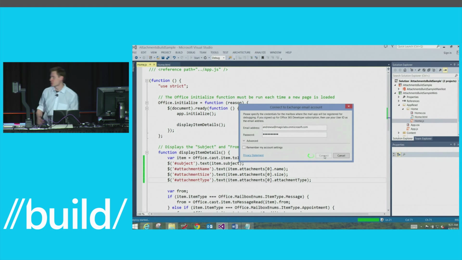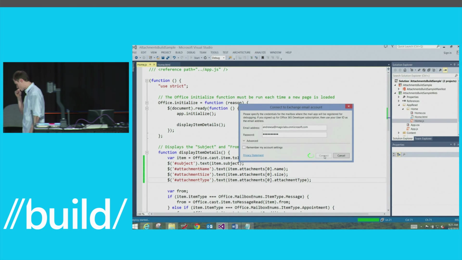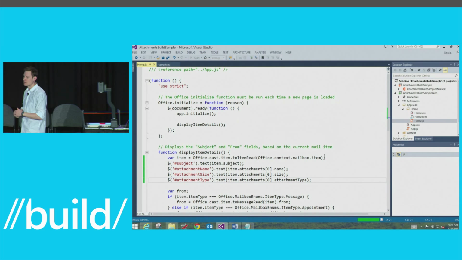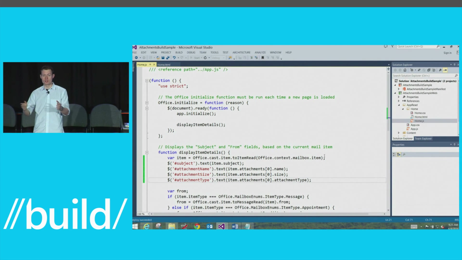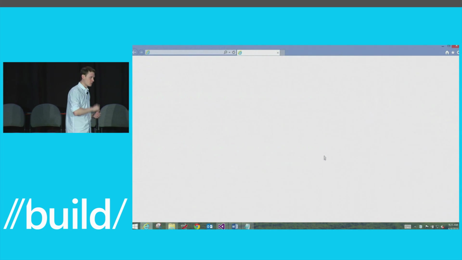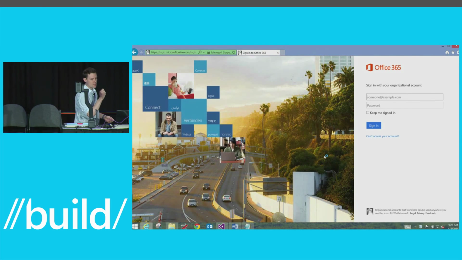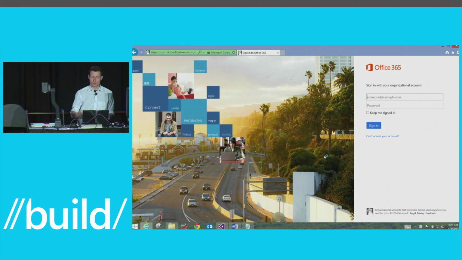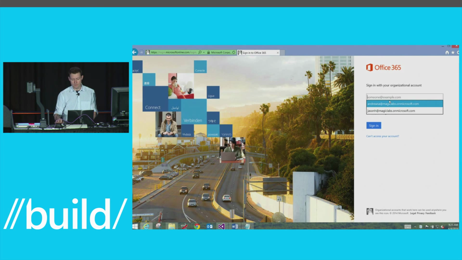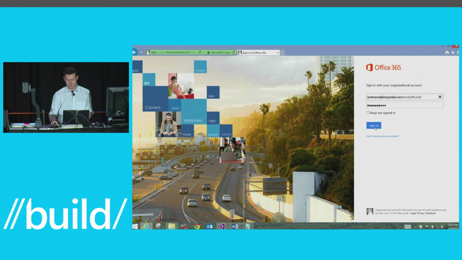The next step that Visual Studio is doing, and this is why it's spinning, is that it's trying to discover my settings. So it's trying to discover where's my Exchange mailbox, finds it, invokes the install method, installs the app, then figures out my Outlook web app URL, launches IE for me. Now I'm going to select my account, log in,